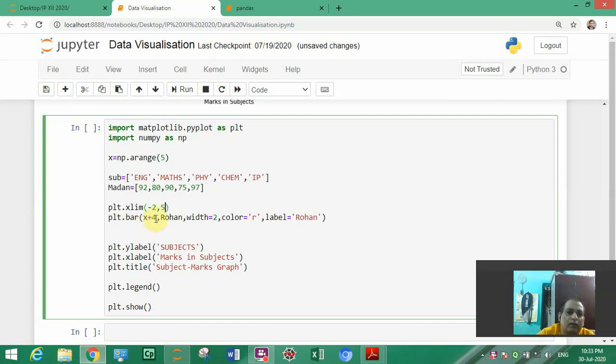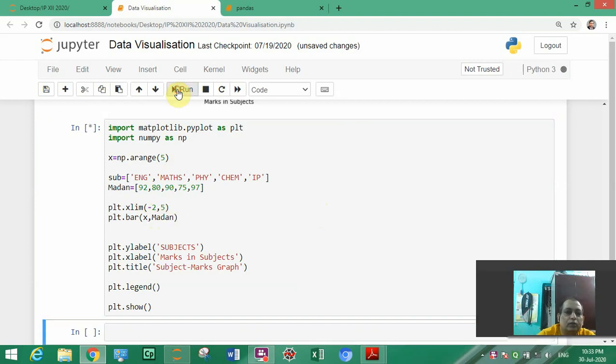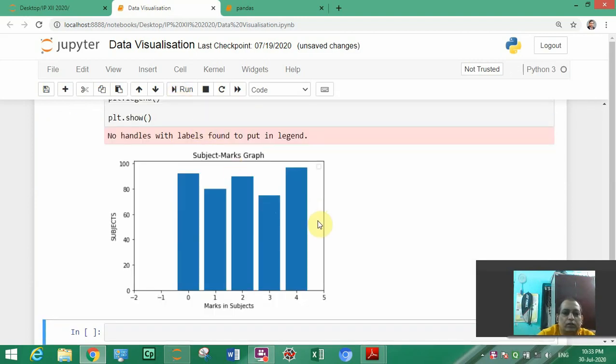And here, where this one we will delete, we are writing marks of Madan, and here x and y axis marks of Madan. So we will see what is coming.